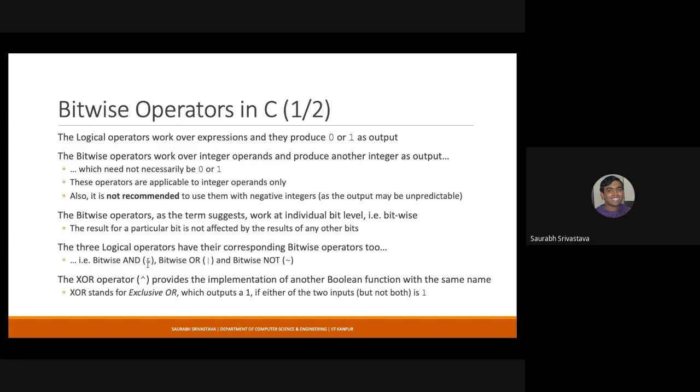The operators are like this: ampersand, single pipe, and this tilde is essentially bitwise not. And this caret sign is also known as the XOR operator. XOR is essentially like this. If the number of ones is odd, the output of XOR is 1. If the number of ones is even, it gives you a 0. So 0 XOR 0 is 0, and 1 XOR 1 is also 0. The only way it will produce 1 is if exactly one of the two is 1. So 1 XOR 0 is 1, and 0 XOR 1 is 1.